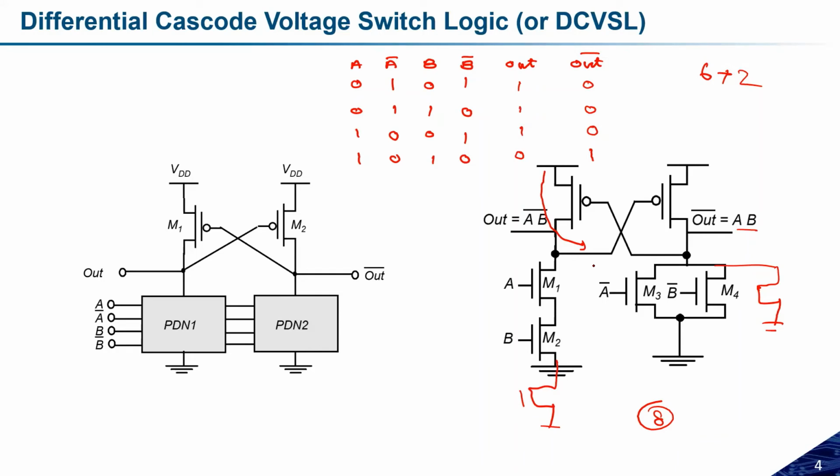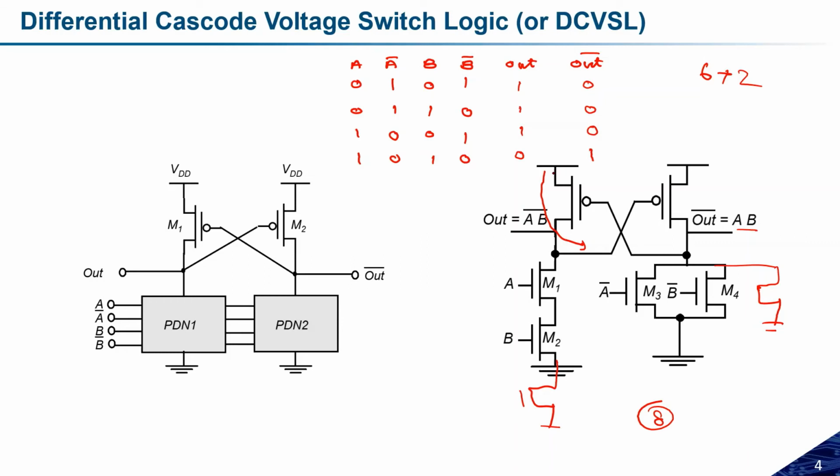Like sir, in the previous implementation, we were using the same number of PMOS. But in this we are using 4 NMOS with 2 PMOS. So we can utilize it as a benefit, two benefits: area efficient, first one, and the second one is the leakage problem which was there.